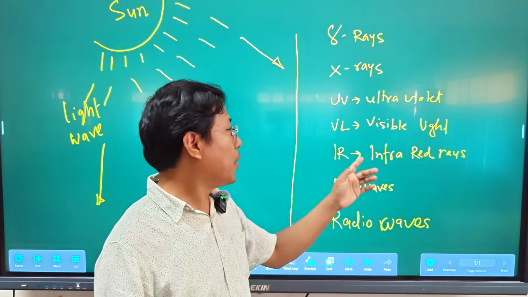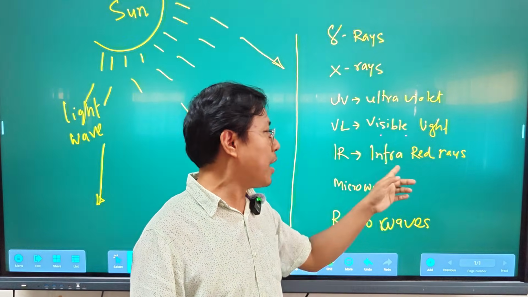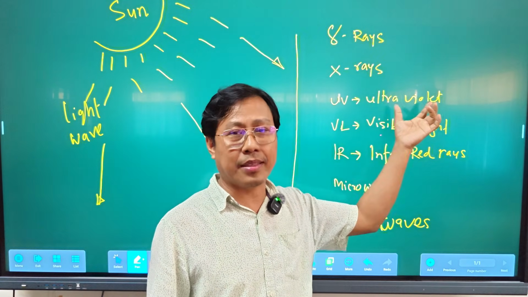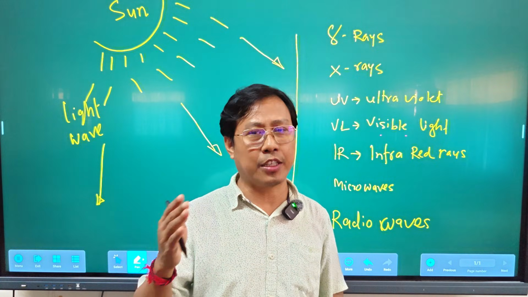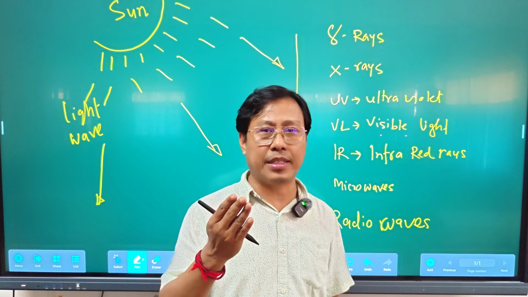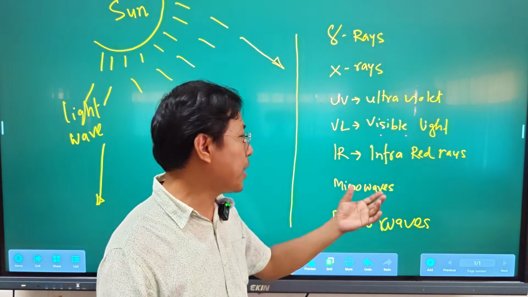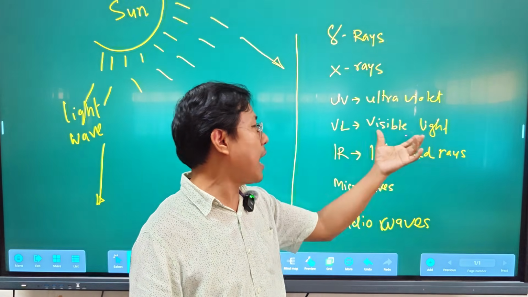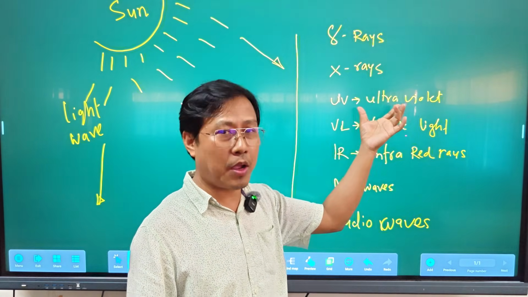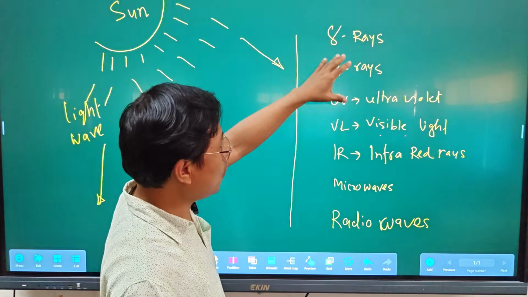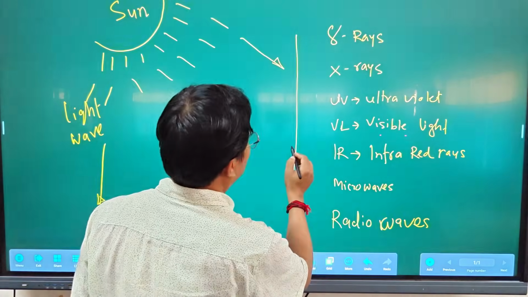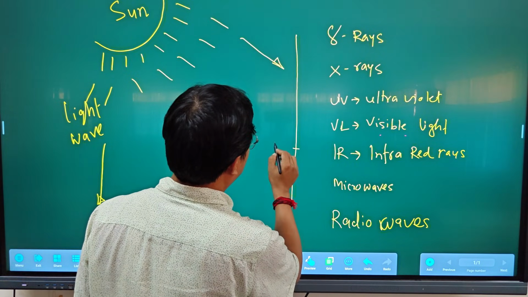Clear? Only the visible light, infrared rays and some portion of ultraviolet rays provide heat transfer due to radiation. We get radiation heat transfer only for particular waves: visible light, the infrared rays, and some portion of ultraviolet rays. Since all these waves have different wavelengths, we get this is 1